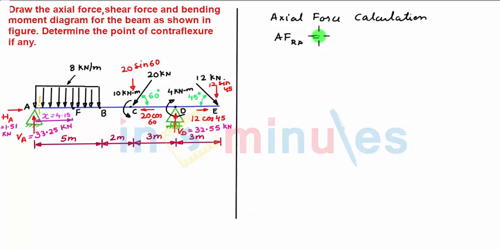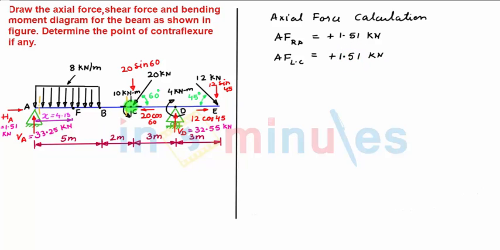A is equal to, now by considering the left hand side of section, we have a rightward force HA equal to 1.5 kilonewton. So we have plus 1.51 kilonewton. Next we take section towards left of C. Now since between point A and C there is as such no other horizontal force, so we take directly section towards left of C. So by taking a section towards left of C and very near to it, the axial force towards left of C is equal to plus 1.51 kilonewton.